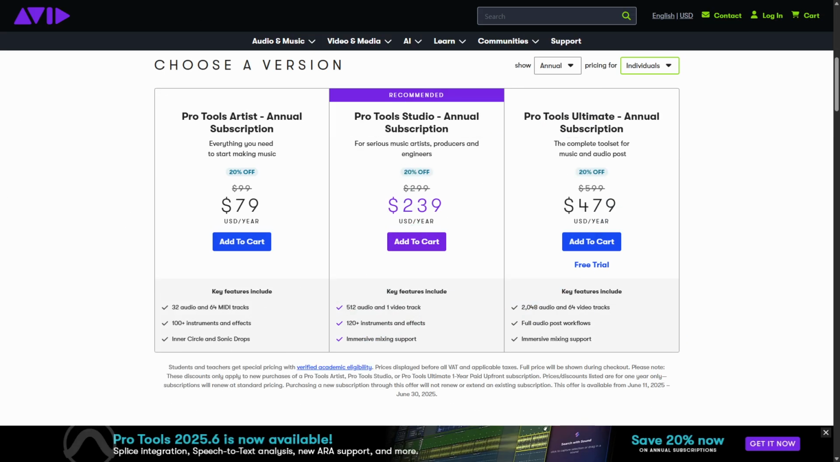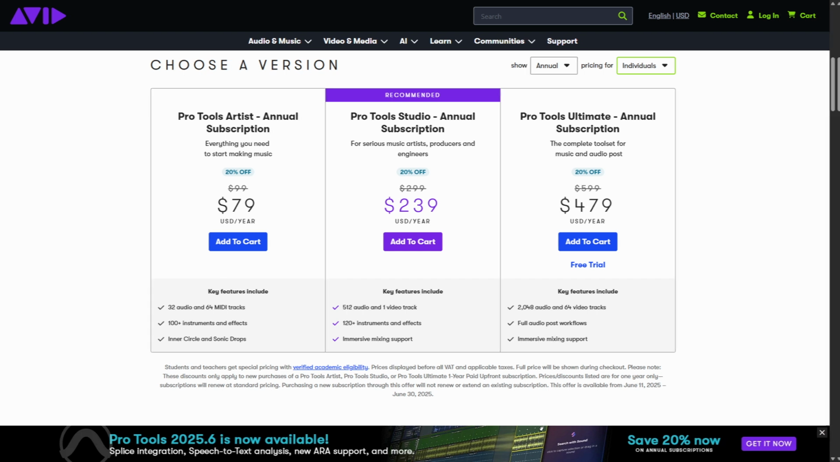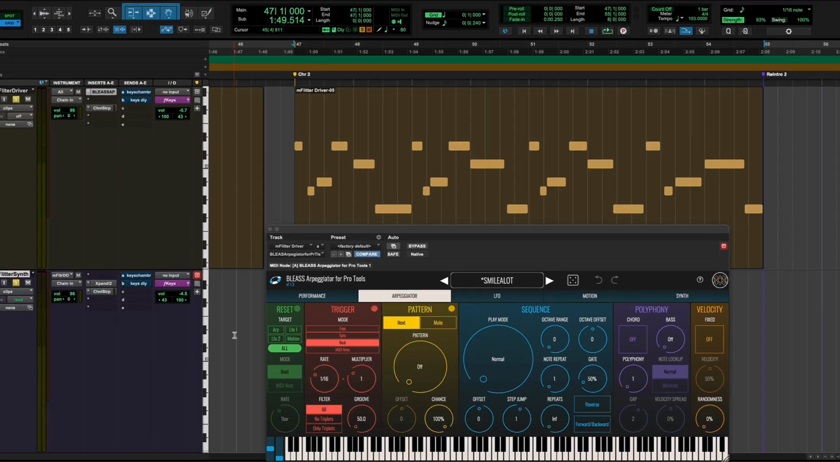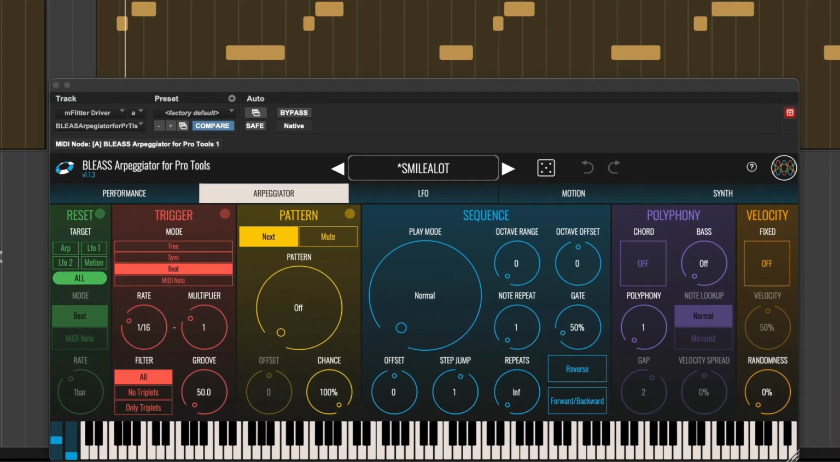So Pro Tools has an Artist version, which is $9.99 a month. Then there is Studio at $39.99 a month or $299 a year. And then we have Pro Tools Ultimate, which is usually $599 a year. So Ableton Live and Pro Tools are both fantastic DAWs, and you'd be fine using either,